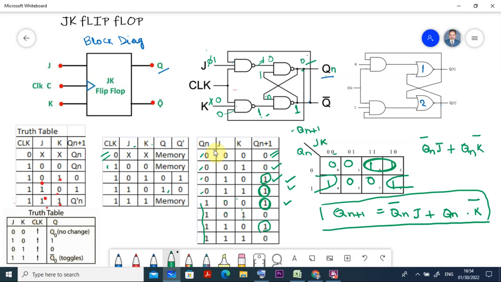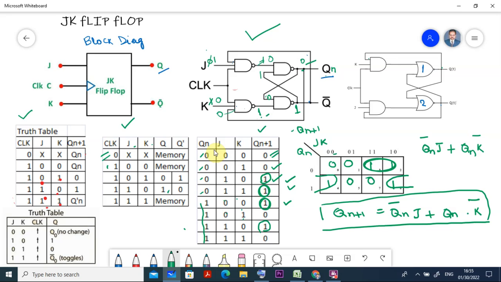If you are using a NOR gate, that diagram already I showed you, or you can see it here. That means this output is provided here with K, and this output is provided here. Whatever the case may be, but we are considering now this case. You can do also this case, but I am taking only this case. Based on this case, when clock is equal to 0, irrespective of whatever the input you take, it goes to the previous state. So this is the truth table I explained, and this is the JK flip-flop truth table also I explained. Then what is the previous output and the current previous state and current states using JK, all these plane also we explained, and based on that we can go for the K map.